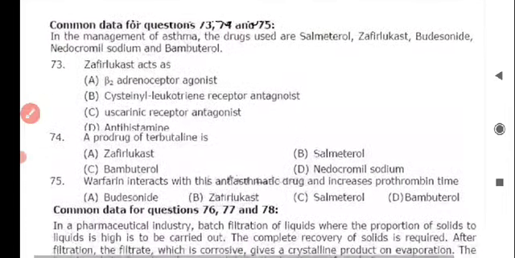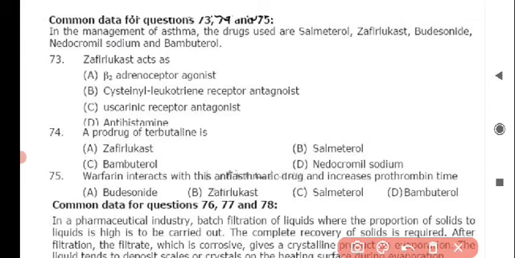Now moving to the next statement. In the management of asthma, the drugs used are salmeterol, zafirlukast, budesonide, nedocromil sodium, and bambuterol. And the question is, zafirlukast acts as, and the correct answer is option B, cysteinyl leukotriene receptor antagonist. And the next question is, a prodrug of terbutaline is, and the correct answer is option C,